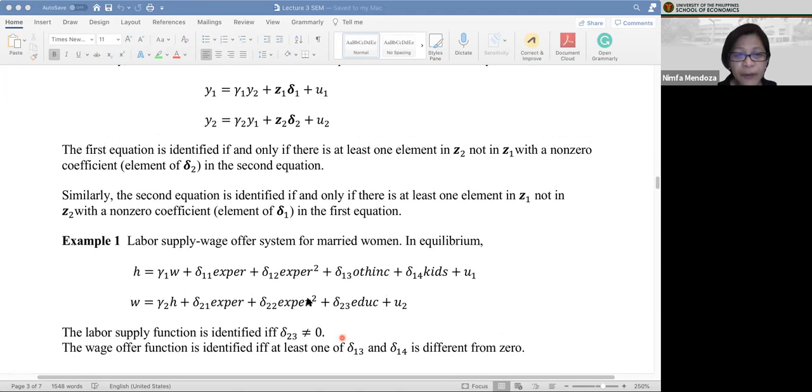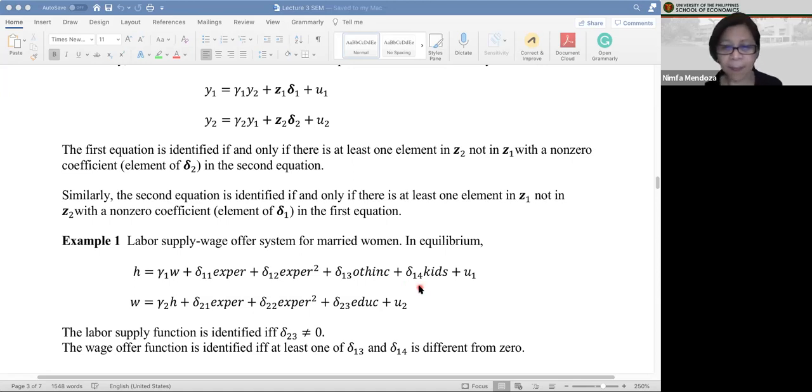The wage offer function, this is the second structural equation, is identified if at least either